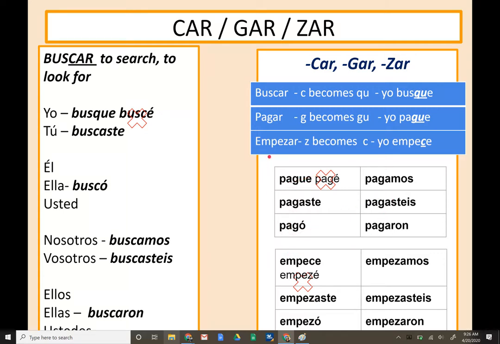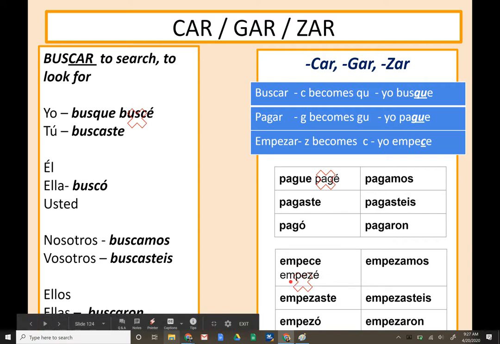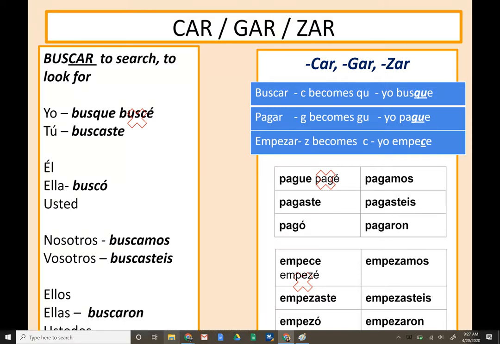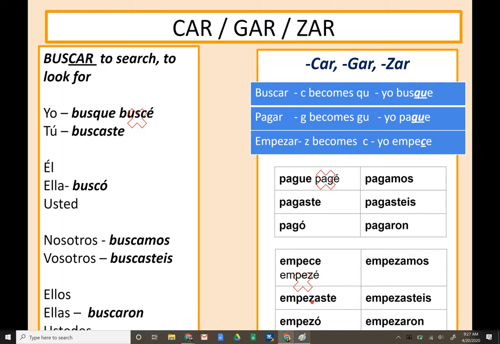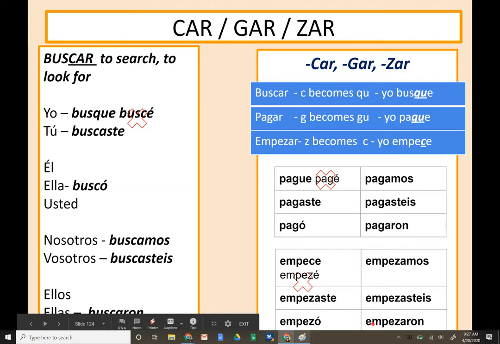And the last one is a little bit harder to pick up if you're an English speaker, and that's because it's not a grand difference between the two. But this, if left with a Z, it would have been empezé. And we're not looking for a Z sound like a Zach, like my name. Instead, we're looking for an S sound like you guys associate S's. So we've got empecé, empezaste. Anytime an E follows a Z, it's like an S instead of a Z. So we've got empezó, empezamos, empezasteis, and then empezaron. Empecé,